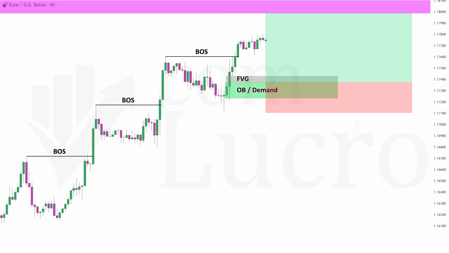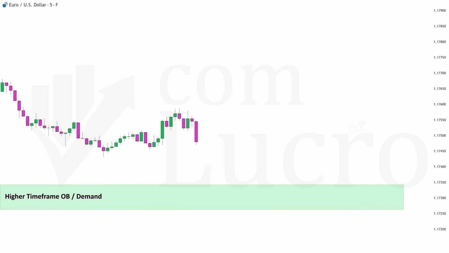However, we can refine the entry further by moving down to a lower time frame and looking for a reaction at the order block. First, wait for price to approach the zone, then switch to the 5-minute chart. At this stage, the only thing we need to see is a clear reaction from that area. This could be a simple long wick rejection, which is enough to confirm interest. In that case, we enter the trade at the close of the rejection candle and place the stop loss below